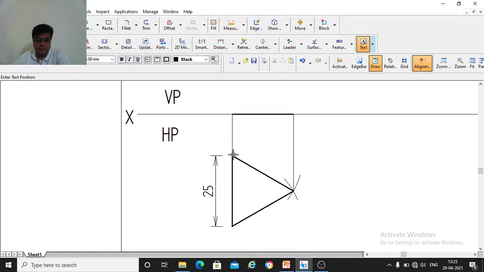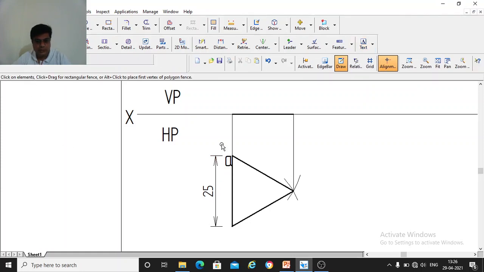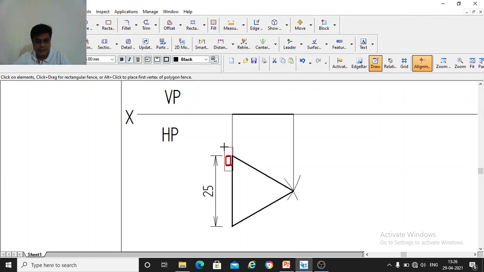Right. So how to write here? You just take this corner, and near that corner you have to write the small letter a. All the top view will be in small letters. Write it clearly and neatly, so that you can see it neatly.